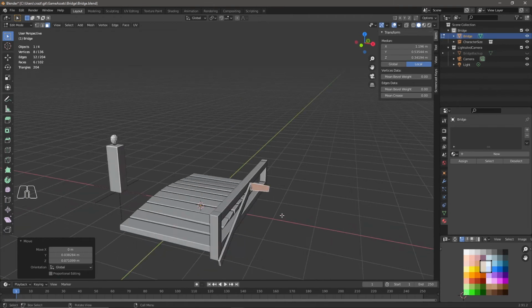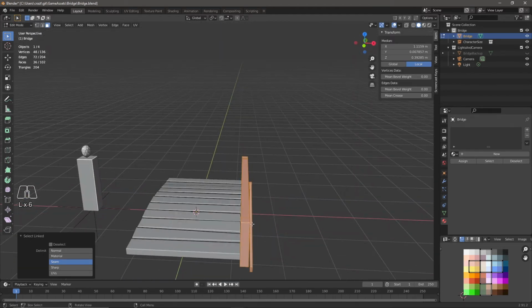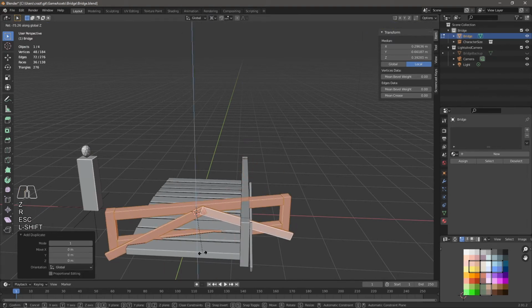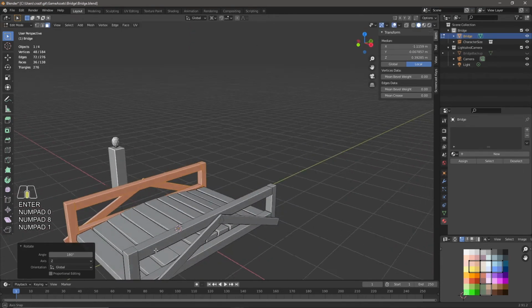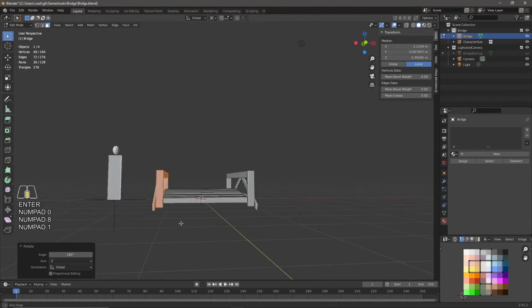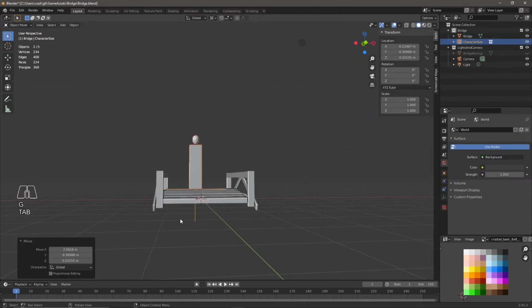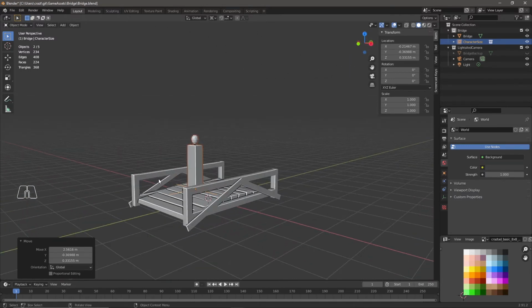Now we just need to grab all of these and duplicate them to the other side. So duplicate them. Let's change this to be the 3D cursor. Rotate it by 180 degrees. And now we have the supports on both sides. If we move our little character kind of in the middle here, it's a pretty low